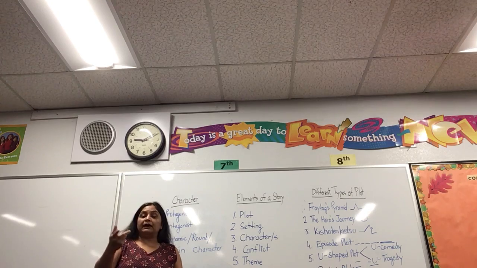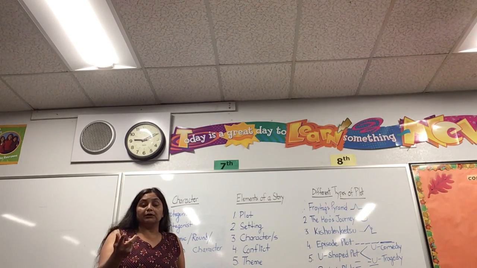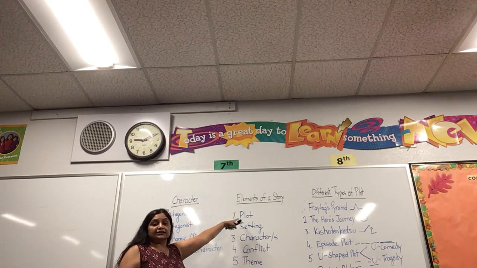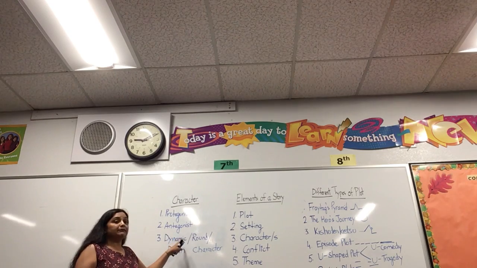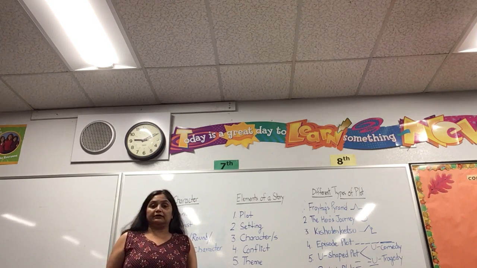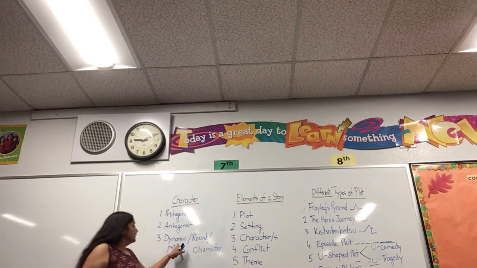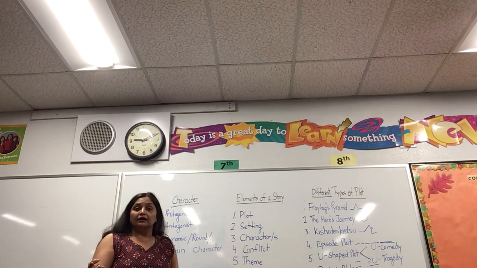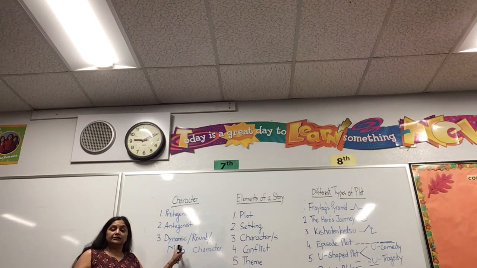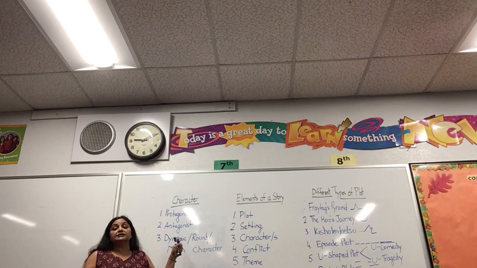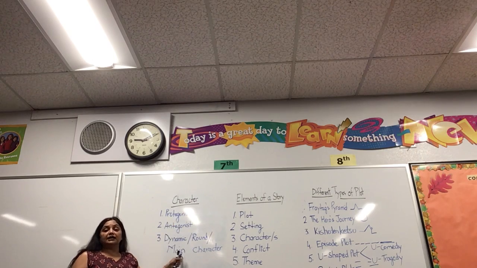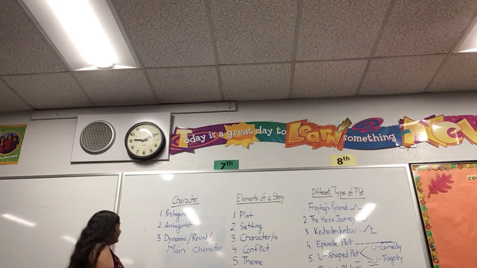So if we talk about Goldilocks and the Three Bears, right? We did that story in our plot activity, right? So who is the main character? Goldilocks is the main character. The story revolves around her, right? And if we talk about Cinderella, who is the main character in the story of Cinderella? Cinderella, right? The story revolves around her. Though there is a prince, right? But Cinderella is the main, major, dynamic, round character. Okay? And then the next